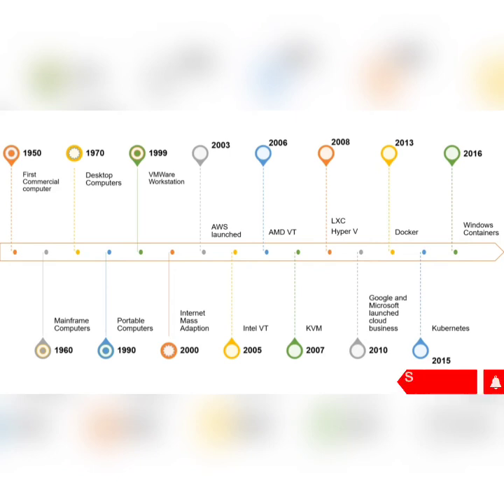Like in 2003, AWS launched, then over the next 2 years, Intel Virtualization Technology was released, then AMD, then KVM, LXC, and Hyper-V. These virtualization technologies were introduced in the technology world, and virtual machines have a great advantage, like they give an isolated environment with high security. But when we compare them with container technology like Docker, they are somewhat lagging behind.